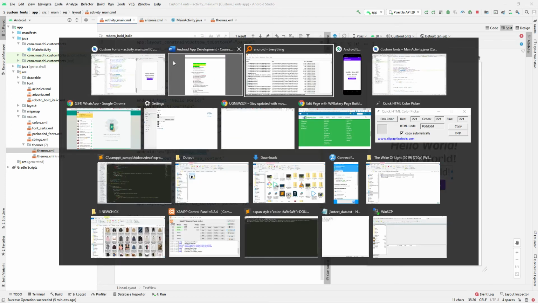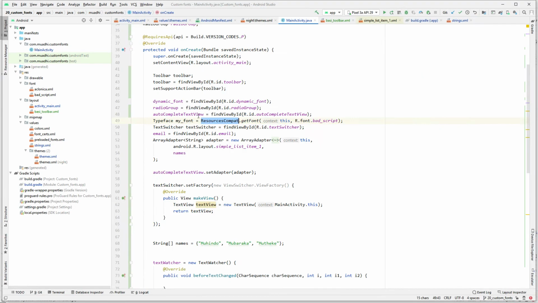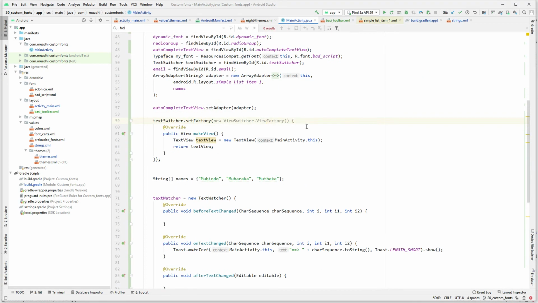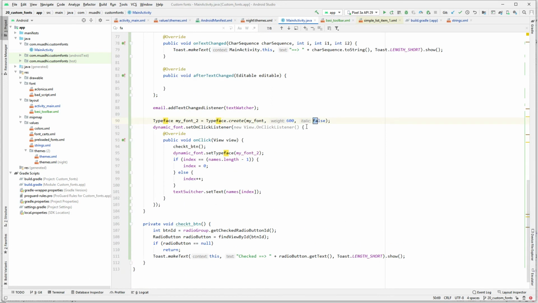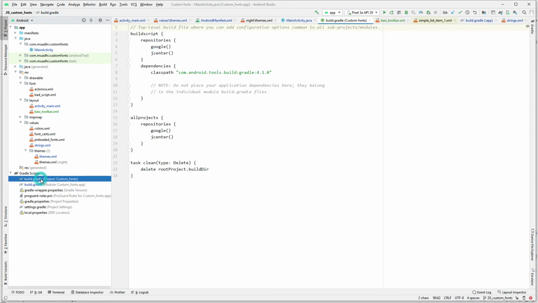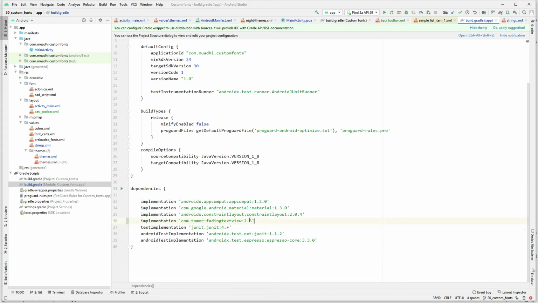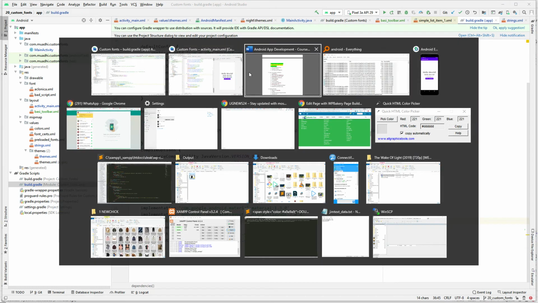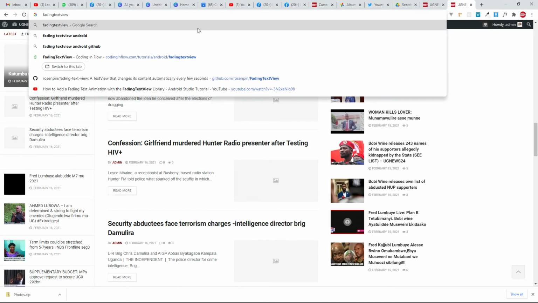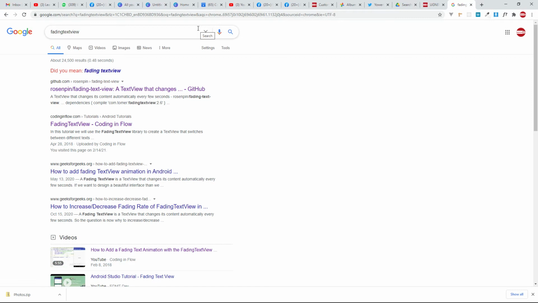So we're going to create how you can switch text using the fading library. There is a library that I would like to show you on how you can play with fading text. So you can search that library on GitHub. Just simply come and search fading text view. It's there on GitHub,